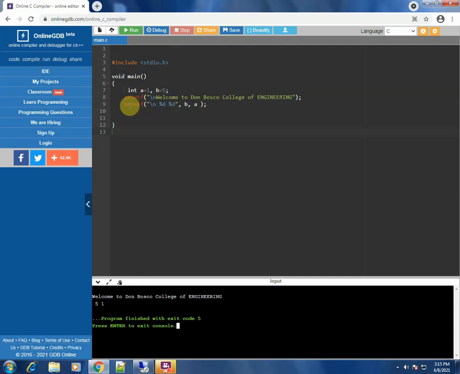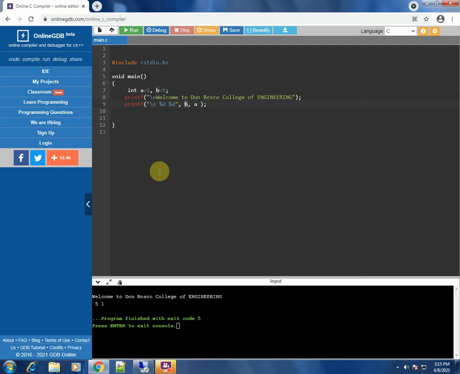So this is a printf statement. Let's focus on the syntax of it. Now if you see, the printf statement again has a double quote. Okay, and inside the double quote you can see a \n. You know what is the purpose of it. Now this particular %d, what you see is for this B,